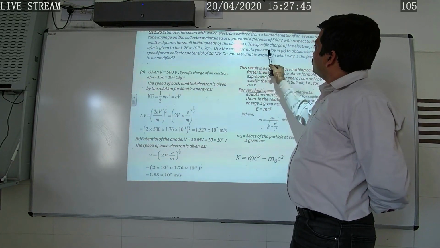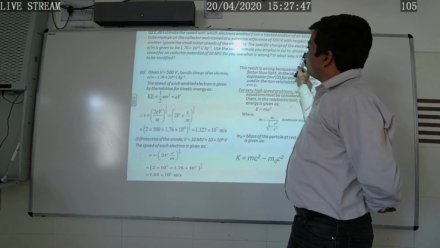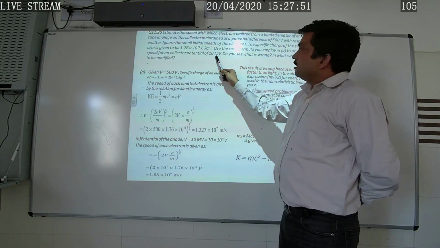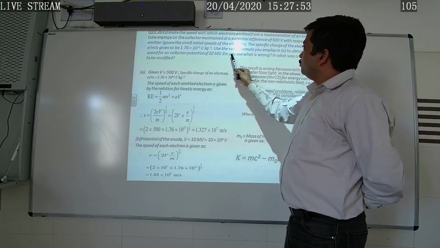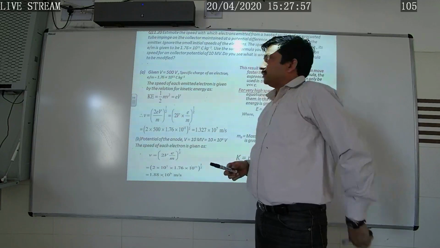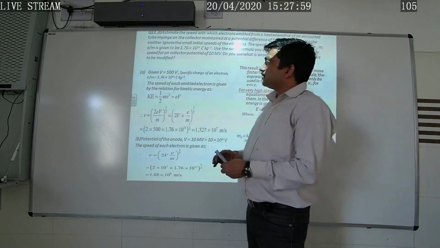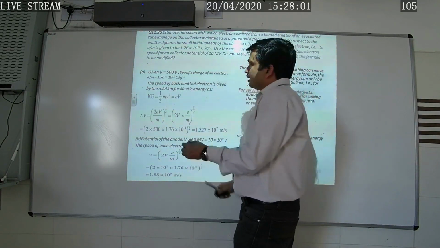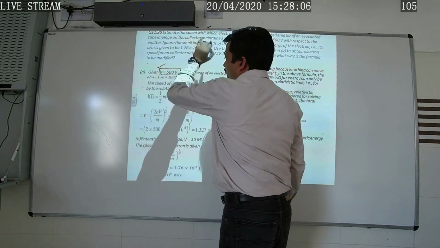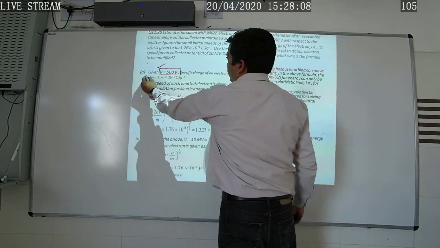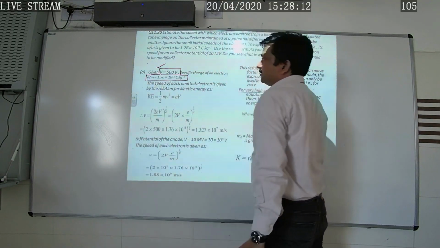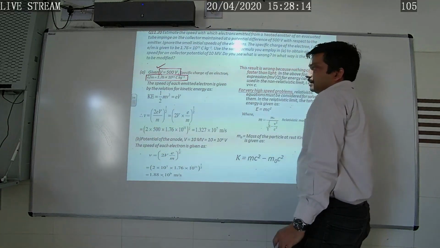Use the same formula you applied in part A to obtain the electron speed for a collector potential of 10 megavolt. Do you see what is wrong? In what way can this formula be modified? In this case, the data given is the potential V equal to 500 volt, and the specific charge ratio 1.76 × 10^11 coulomb per kg.